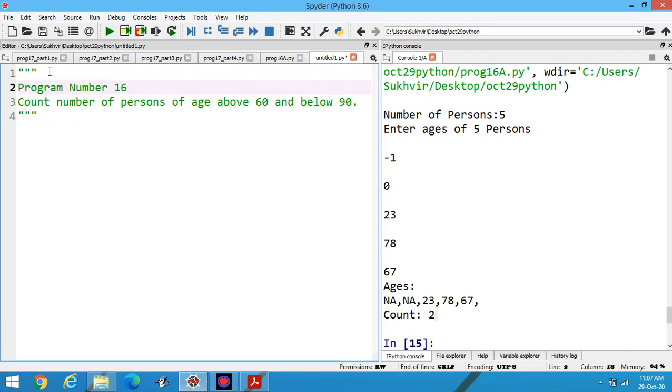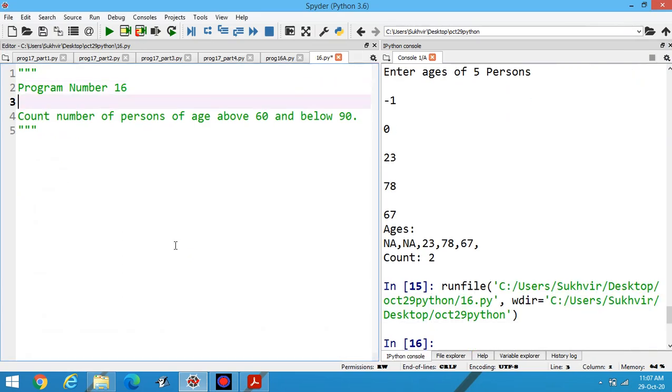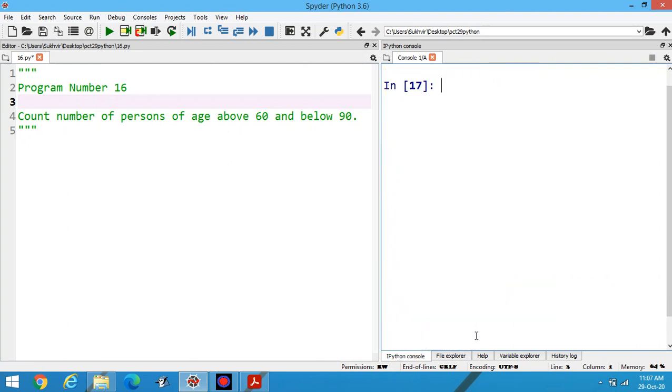Let us save this. This one is the program.